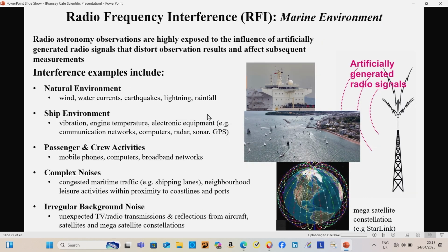Right, some examples of radio frequency interference. Well, we've got the natural environment, and that's obviously your wind, your currents, your earthquakes, lightning, rainfall. You have the ship environment, that's your engines, the vibration, electronic equipment, and so forth. Then you've got your crew, or if you're on a cruise ship, your passengers as well, and they're using their phones and computers. You've got broadband networks, satellite networks, and then you've got